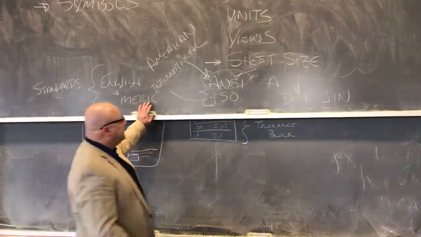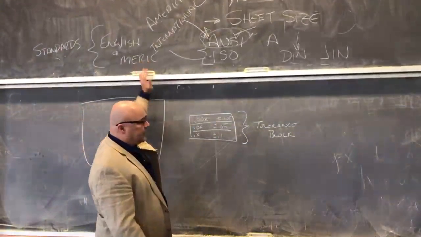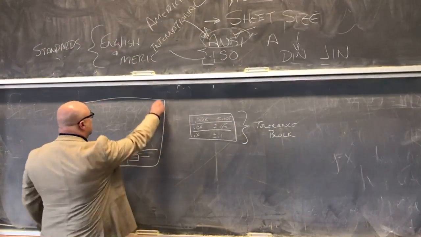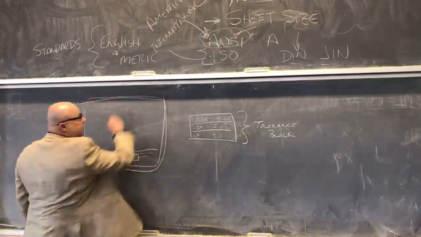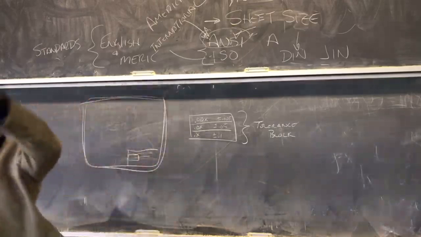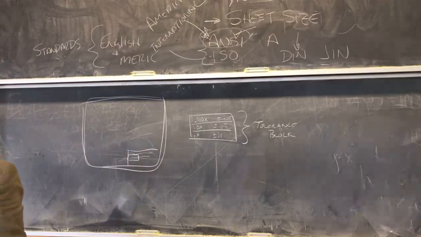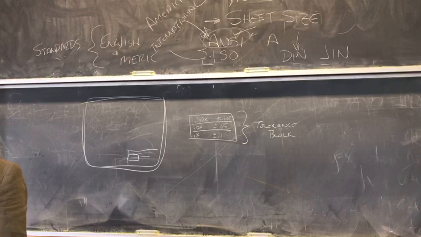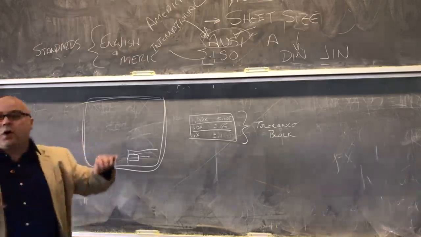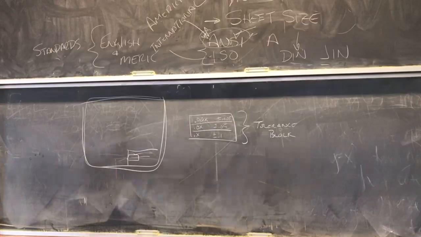All right, but anyway, that's why there's ISO and ANSI. When you do your drawing, you pick your ANSI tolerance block or your ANSI sheet size, let's say. When you pick your ANSI sheet size, that defines how you are supposed to make the symbols, how you're supposed to draw the thing. Will you go to jail if you violate that? Is it the law? Otherwise, a lot of people would be going to jail if they violated that, right?